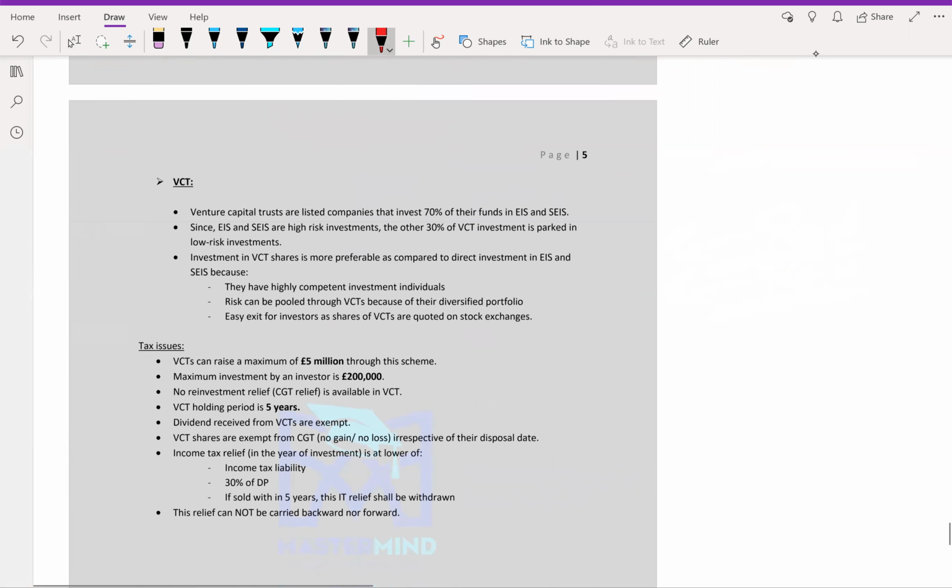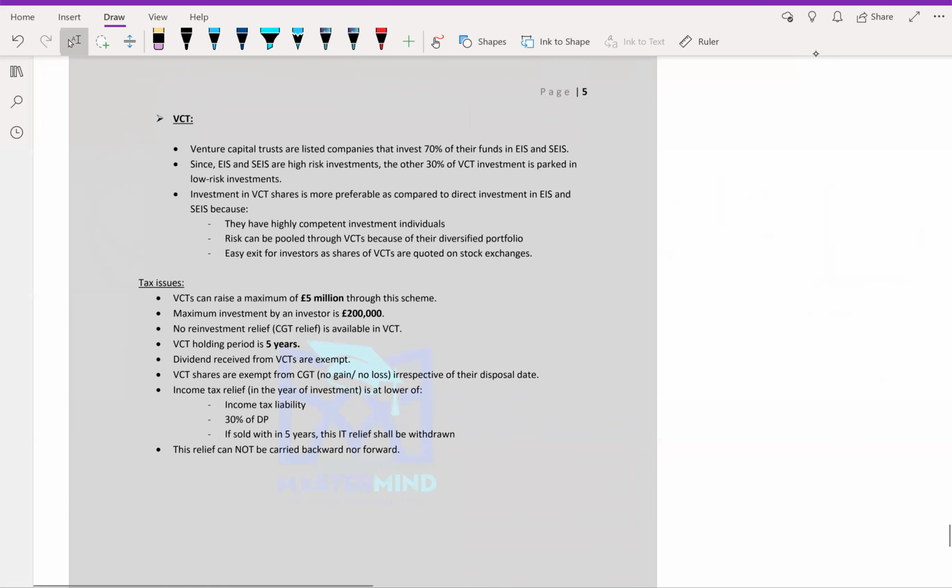All right. What are VCT shares? Venture capital trust. You've probably heard about it. Venture capital trusts are like a fund, right? They have a lot of investors. They raise money and invest in businesses. They're experts in investments, they have expertise in investments. All right. So the point is that a venture capital trust is a bit less risky.